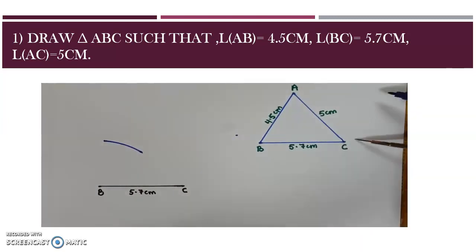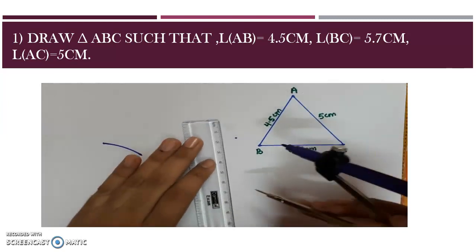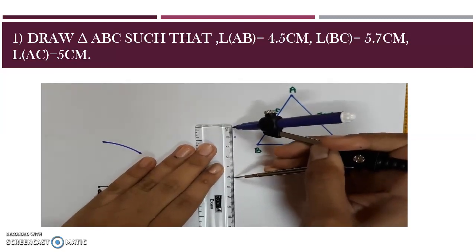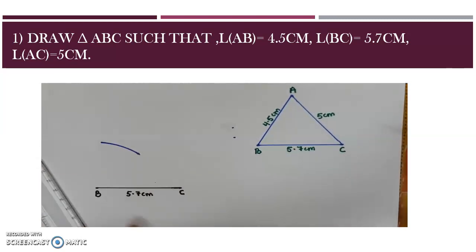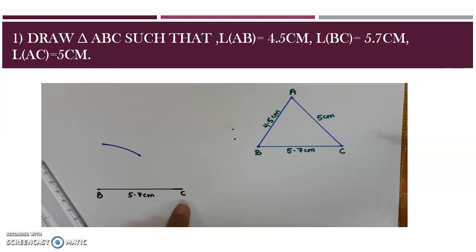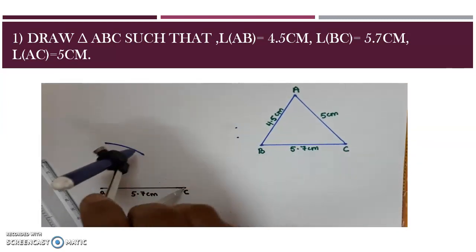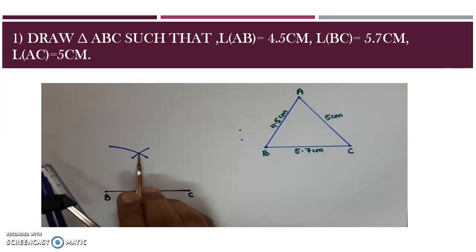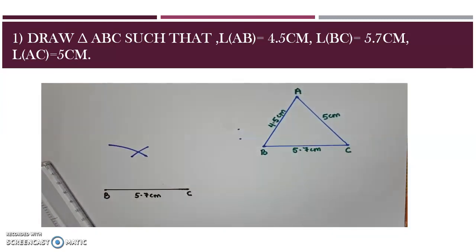Now I will draw segment CA or AC 5 centimeter. So in the same way, now we will open the compass 5 centimeter. Now AC is 5 centimeter, but I don't have A anywhere in this figure, but I have point C. So I will keep my compass on point C and I will cross the arc which I had already put. Now where both the arcs have intersected each other, this point is nothing but point A. So here we will give name A.